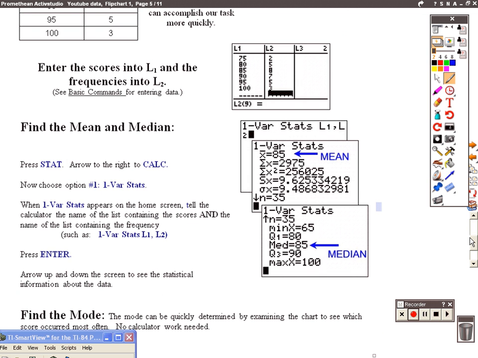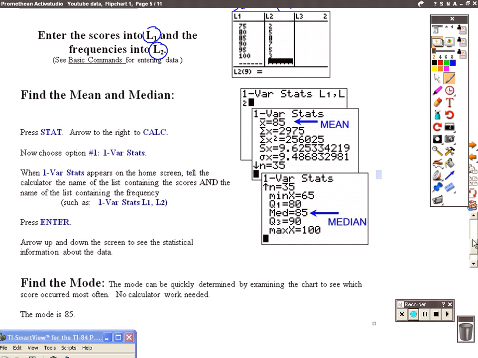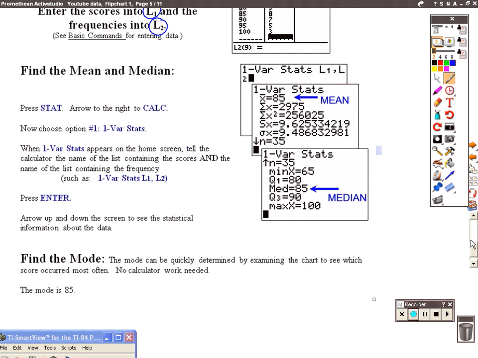So when you're going to enter the data, you're simply going to use 2 columns. So you'll use list number 1 and you'll use list number 2. And so you can see that the grades or the scores have been entered in list number 1, and the frequency, in other words, how often those scores occur, are in list number 2. Now the only difference, you're still going to use the stat button on your calculator to find the mean, median, and mode, but